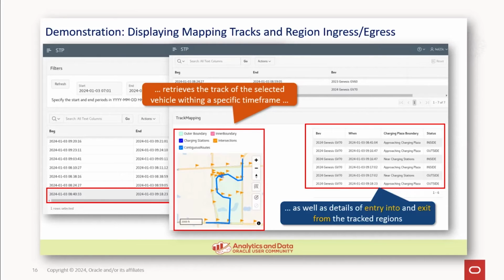So why does that matter? If it entered and stayed for a particular time at a particular charging station, it was charging. If it entered, drove around, went to something, and then left immediately, that station probably is not working, or does not support that vehicle type, right? If it is meant only for Teslas, or the adapter wasn't available, whatever it might be. So all of these things are the conclusions you can draw, and then as someone who's in charge of that, you can figure out, do we need some maintenance? Do we need to add more stations of a different type? Or what about